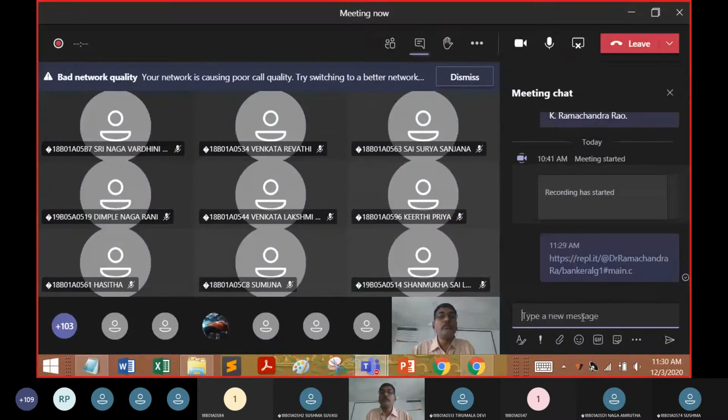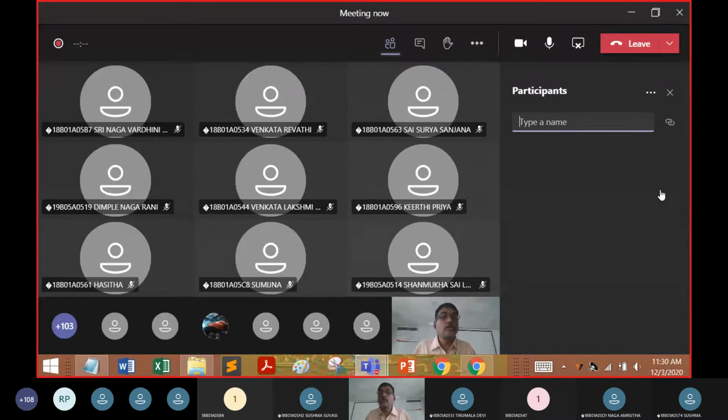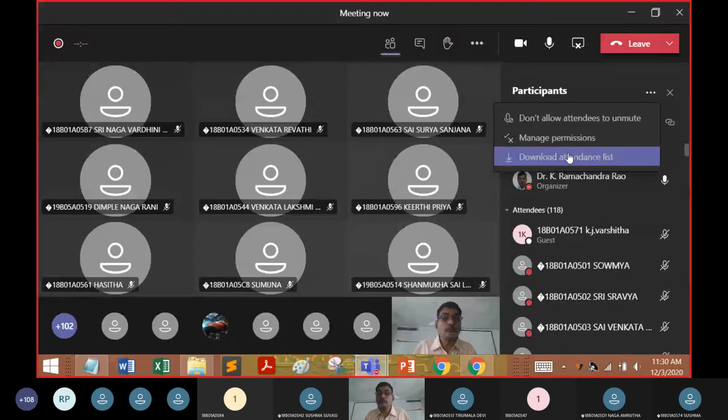In the chat box, all of you can see where I have put the complete code, so that you can take the banker's algorithm code and execute it.